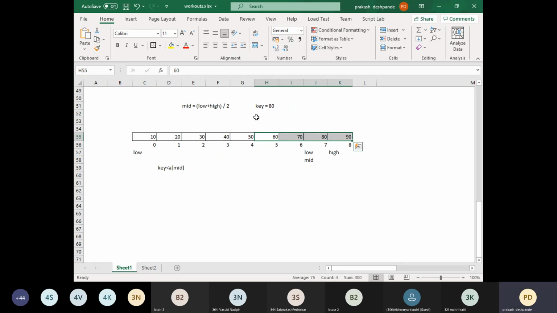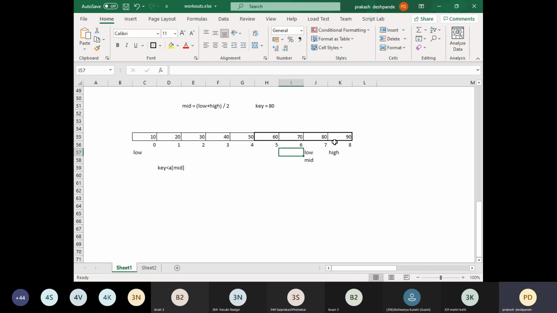Based upon the comparison, if the key element is less than the value at the mid position, then it will be definitely present on the left half. If it is on the other side, then we need to look only on the other side. Every time we are going to calculate the new mid value, and based upon that new mid value, we will continue searching the element.